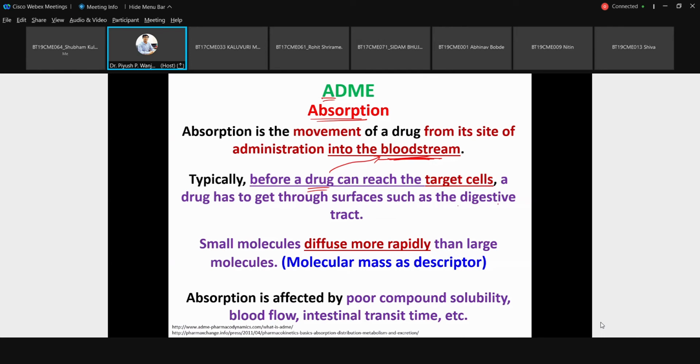Like for example, your digestive tract would be one of the surfaces where this drug should act. So you can consider that smaller molecules are going to diffuse more rapidly, and larger molecules are going to diffuse slowly. So here you can consider, this gives us some idea, like if the pharmaceutical compounds are slower, their diffusion or something, the rate of action will be faster, whereas